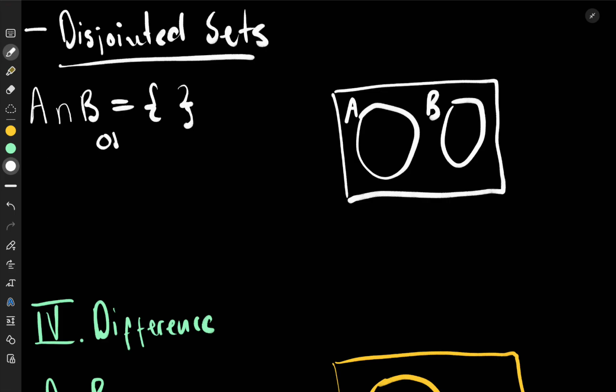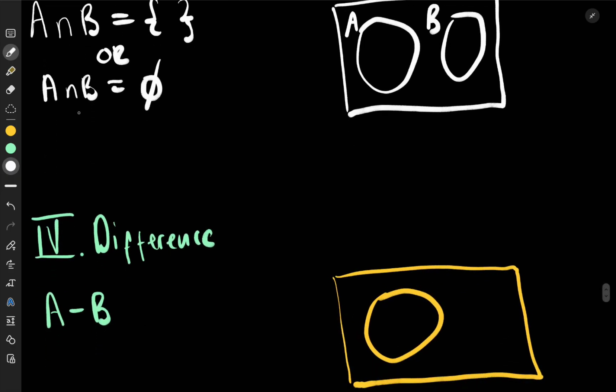So you can write it in this way, or you can say that A intersection B is equal to this symbol. Nada. Empty set. Remember, you don't join the two things. All right. So when A intersection B is equal to nothing, we say we've got disjointed sets. Sets that don't come together. They have nothing in common. And the property that comes from these disjointed sets is to say that